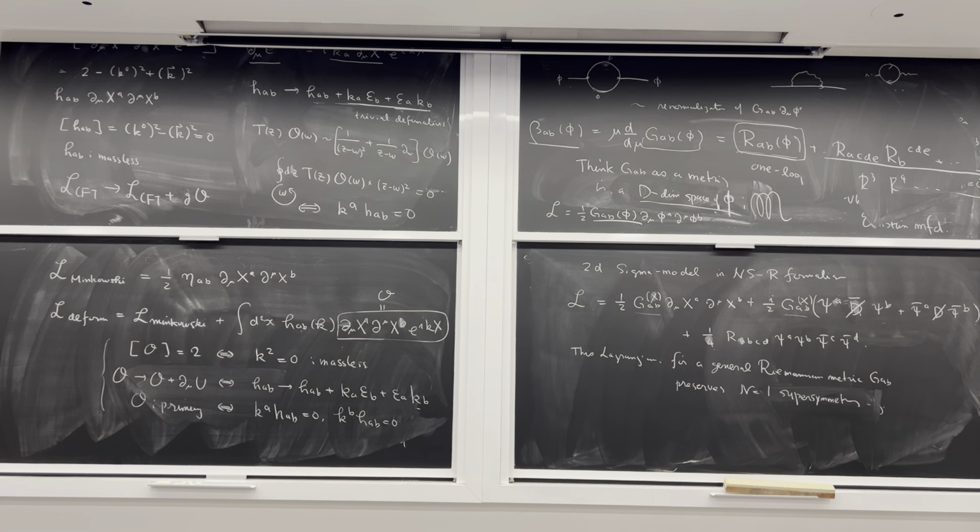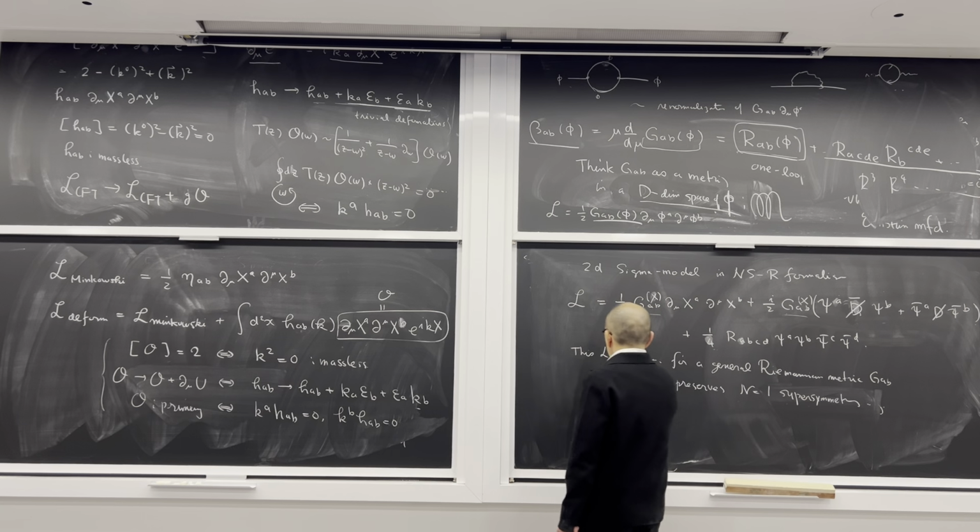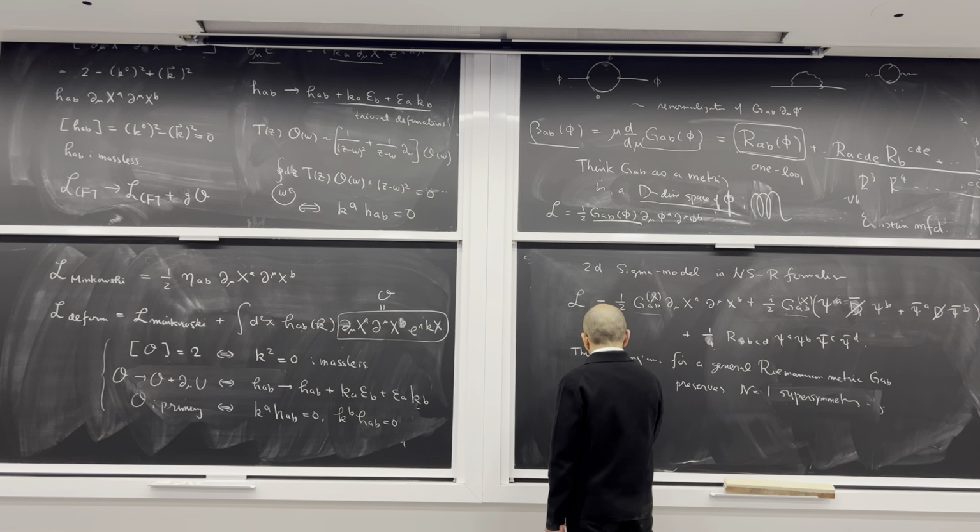Okay, but you can have more supersymmetry. So it turns out that if G_AB is a scalar metric,